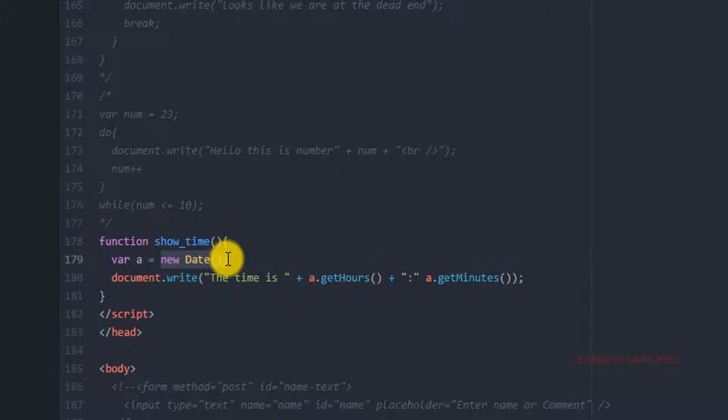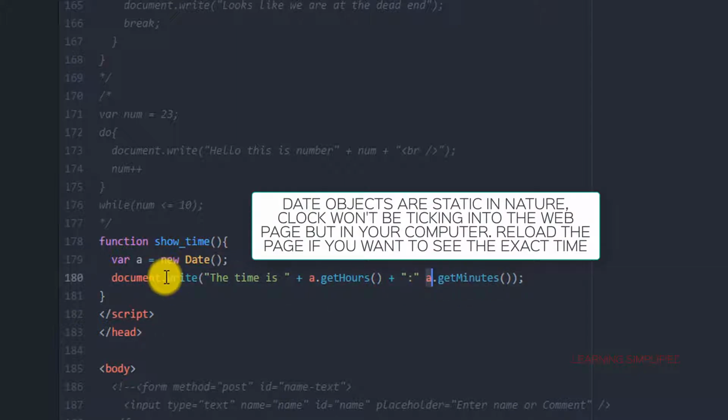We have practically assigned this date function to this variable a. So all these values are assigned to this variable a, and we are stating get hours. That means we have to fetch the hours as indicated on the user's machine, and we have to retrieve the minutes as indicated on the user's machine. And that is exactly what it is doing over here. Each time we have to invoke this date function, and that is the purpose being served over here. So up to this it is all right.